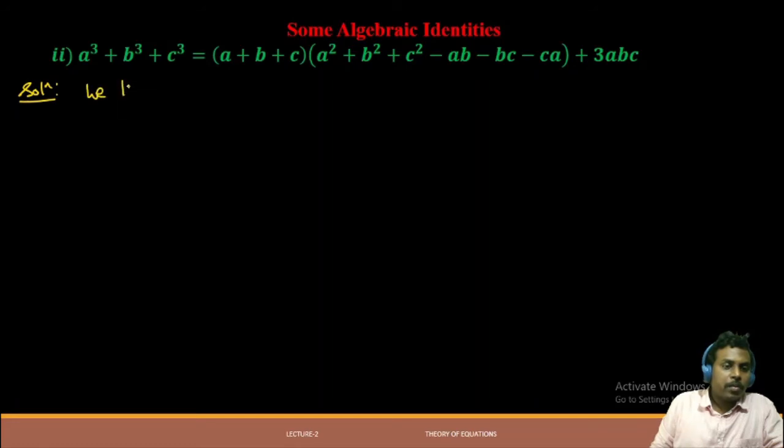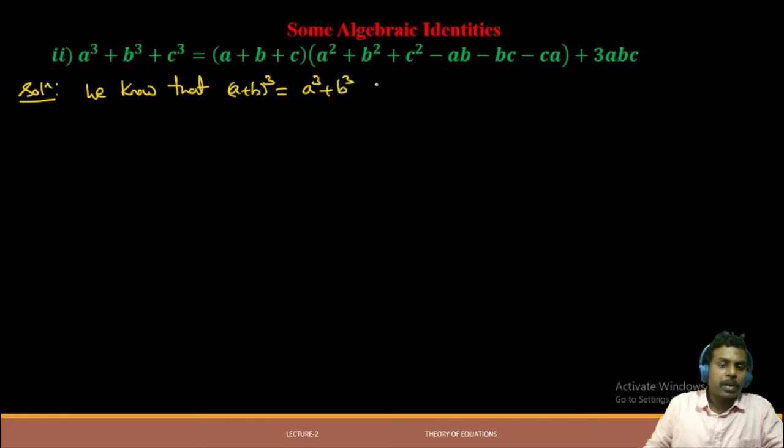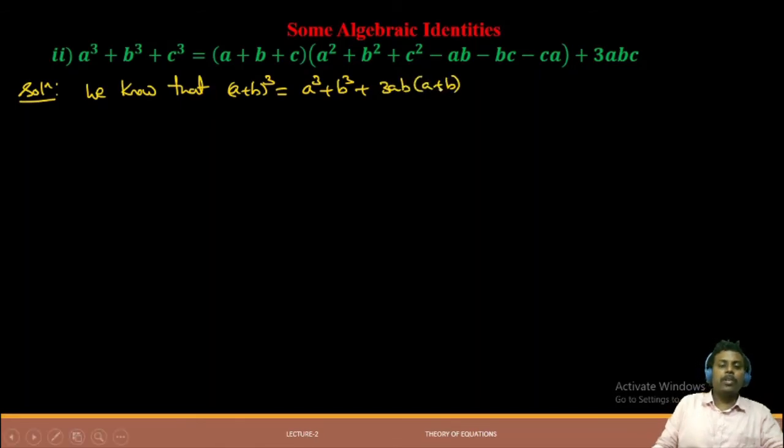We know that a plus b whole cube is equal to a cube plus b cube plus 3ab into a plus b. This identity we know it actually. Okay, now let us apply this identity